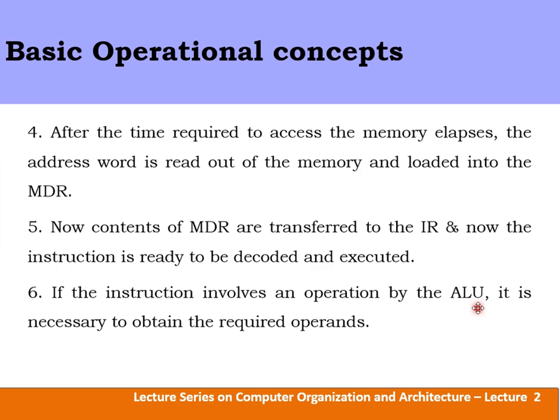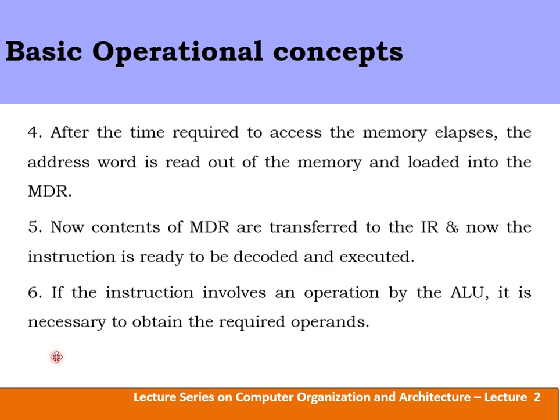If that particular instruction needs to be executed, it may be necessary to obtain the required operands. So what is an operand? An operand is data. That particular data needs to be obtained. The instruction gives what kind of operation needs to be implemented. That is called an instruction. If the task needs to be implemented, then I need certain relevant information. That information is called data.